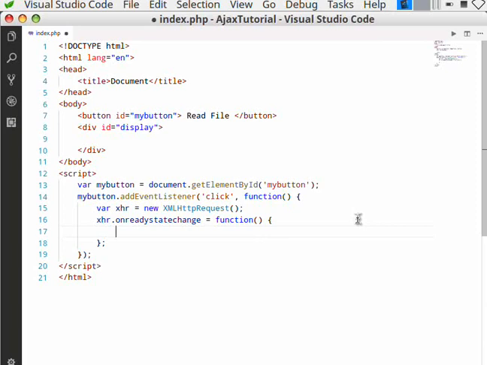Now XHR has different status and ready states. Status means, if status is 400 or 404, that means page not found. If it is 200, that means okay, page has been found. So let's say,